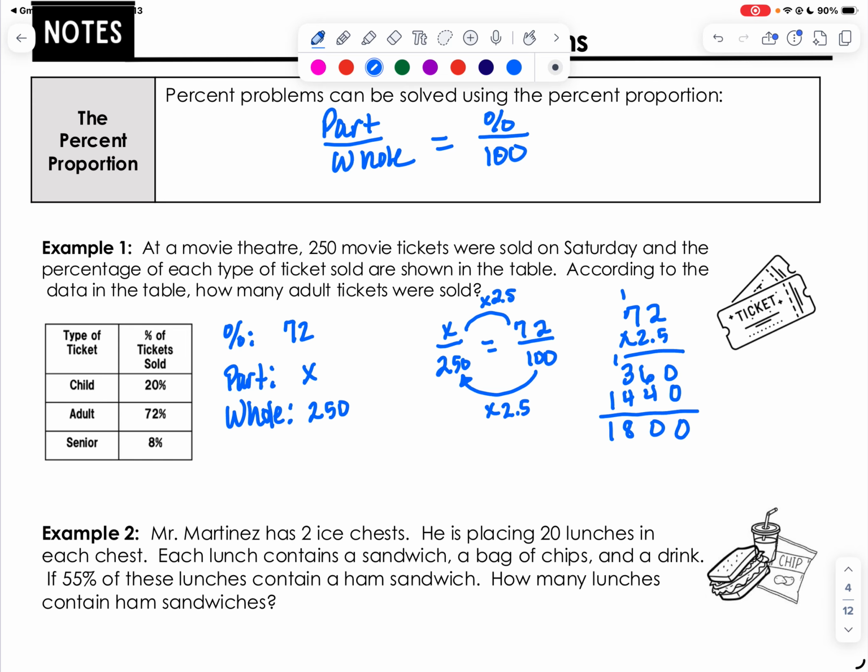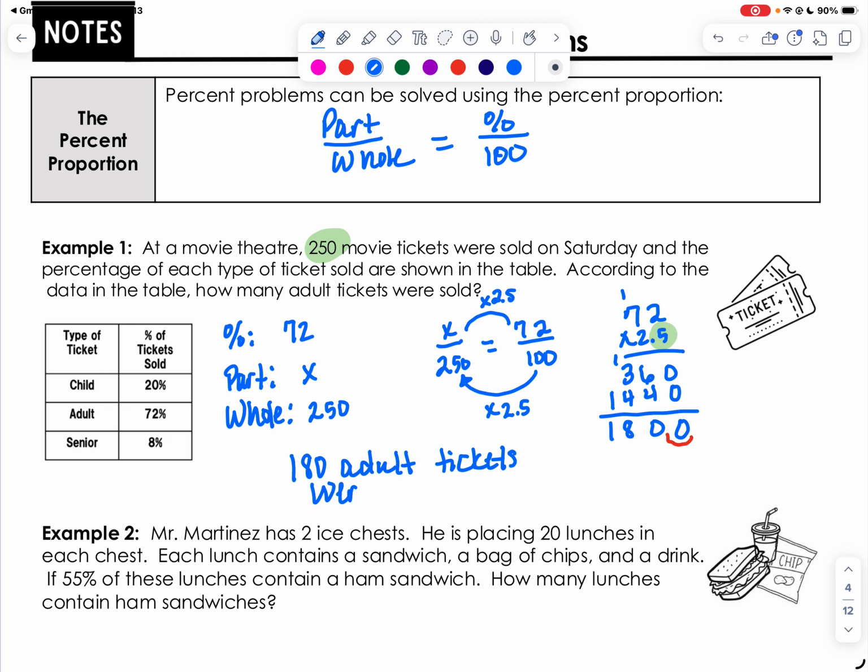Now, right now I have 1800, but that is not a logical answer because we know the total number of tickets sold was only 250. That's because we haven't moved our decimal yet. So please note that in this problem, there was one number after the decimal, which means we need to move our decimal in one place. So 180 adult tickets